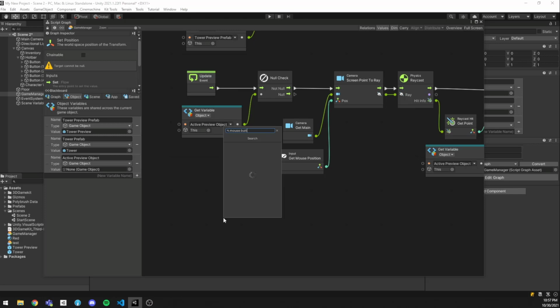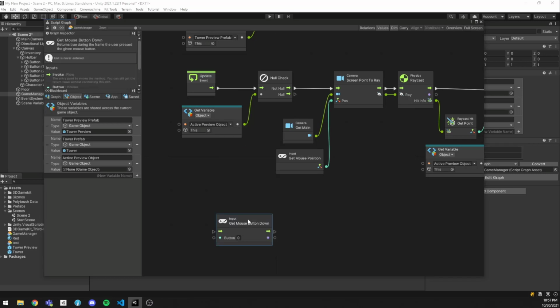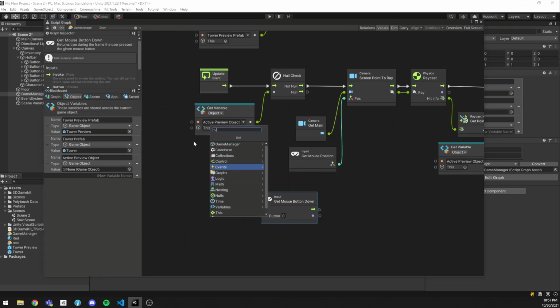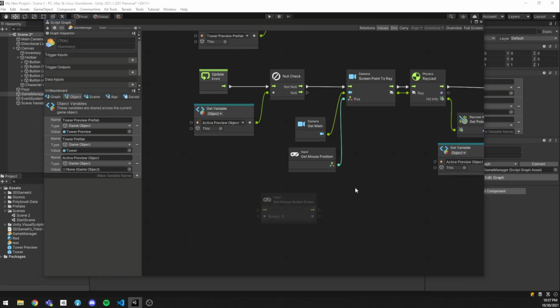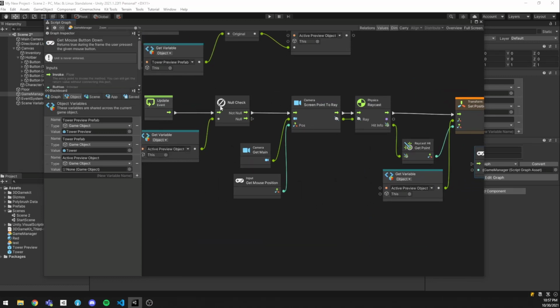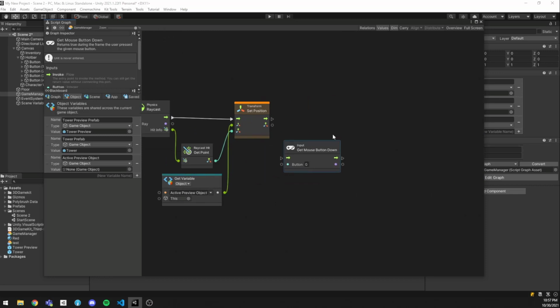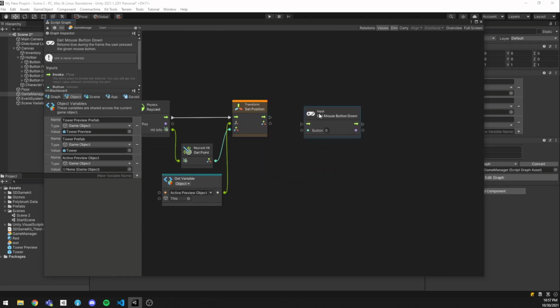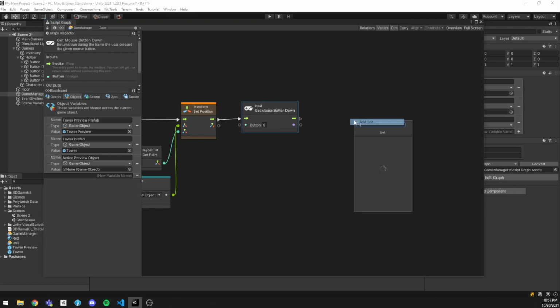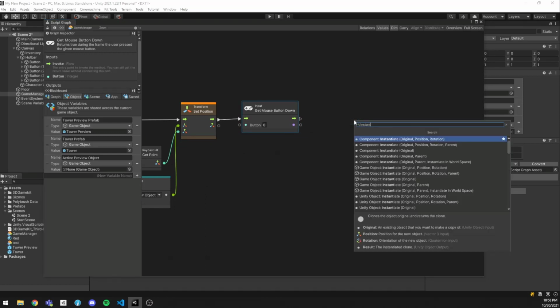The next thing I want to do is when I click. For this, I want to figure out when I click my mouse button down. Okay, so here's my input, get mouse button down. I'm going to hook this up to an update as well. Actually, I can probably tie this just to this. So if my active preview object is not null, yeah, I can tie it to this. After I set the position, then I can check if my mouse button has been pressed. And if my mouse button has been pressed, then what I would like to do is instantiate